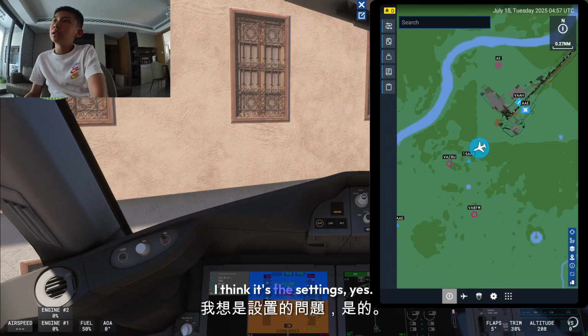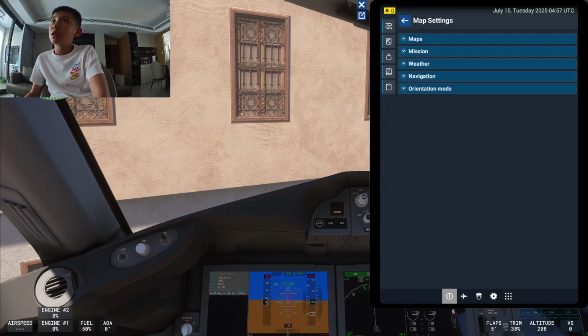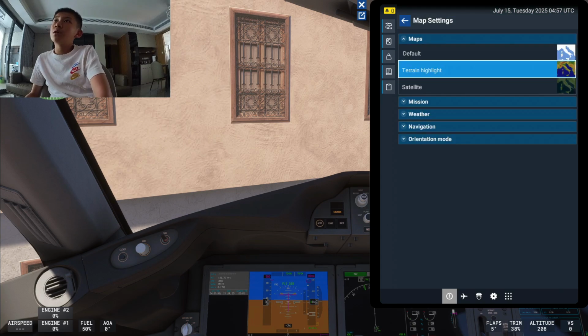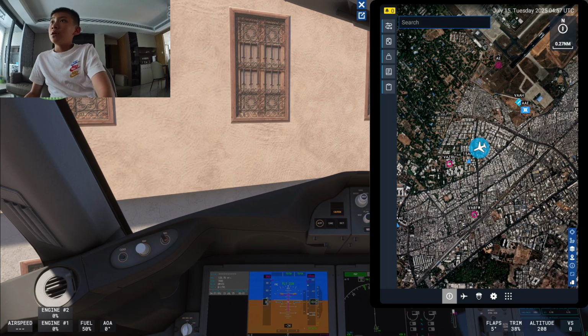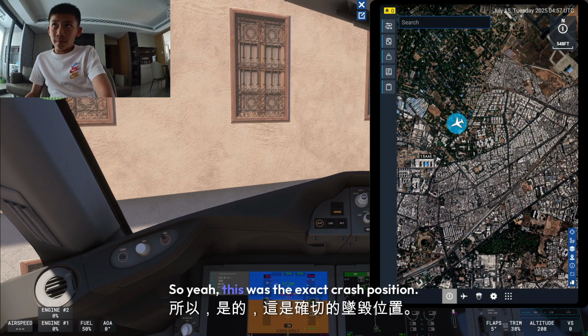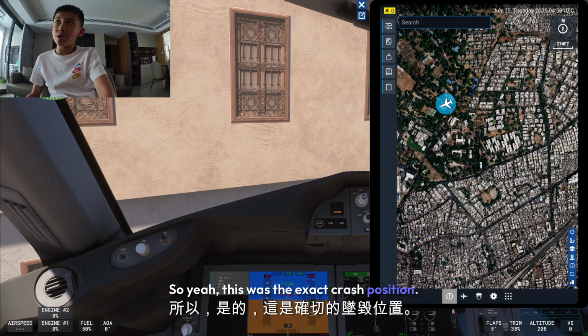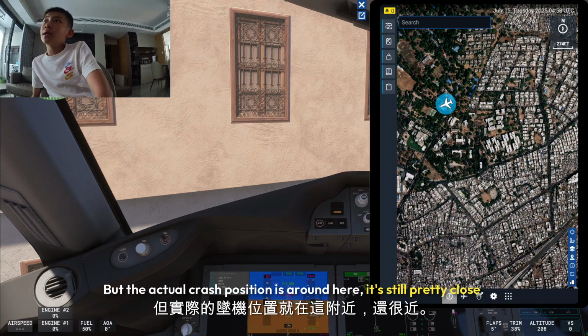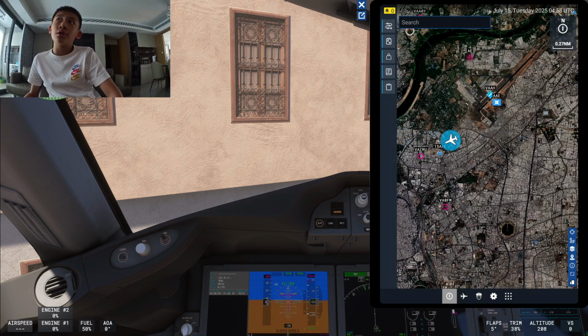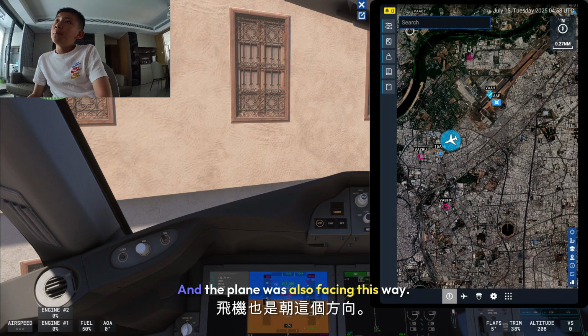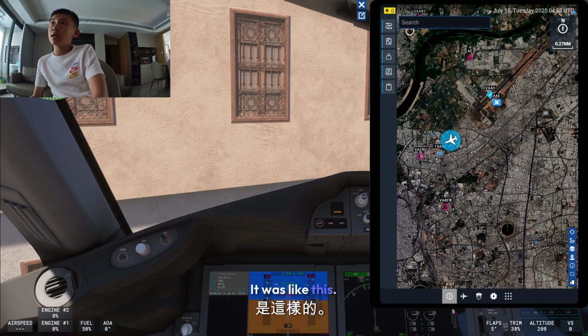I think it's this settings. Yes. Maps. Satellite imagery. So yeah, this was the exact crash position, but the actual crash position is around here. It's still pretty close, which means the report is trustable. And the plane was also facing this way. It was like this,